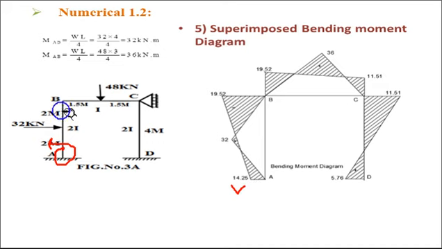Now next, end moment BA. BA is minus 19.53. Minus sign is there, that means you have to rotate about B in a clockwise sense. So keep pen close to B over the member BA and rotate about B in a clockwise sense. So this arrow comes toward the left side of the vertical column. So show toward the left, 19.53. Then join with a straight line. You will get your end moment diagram.